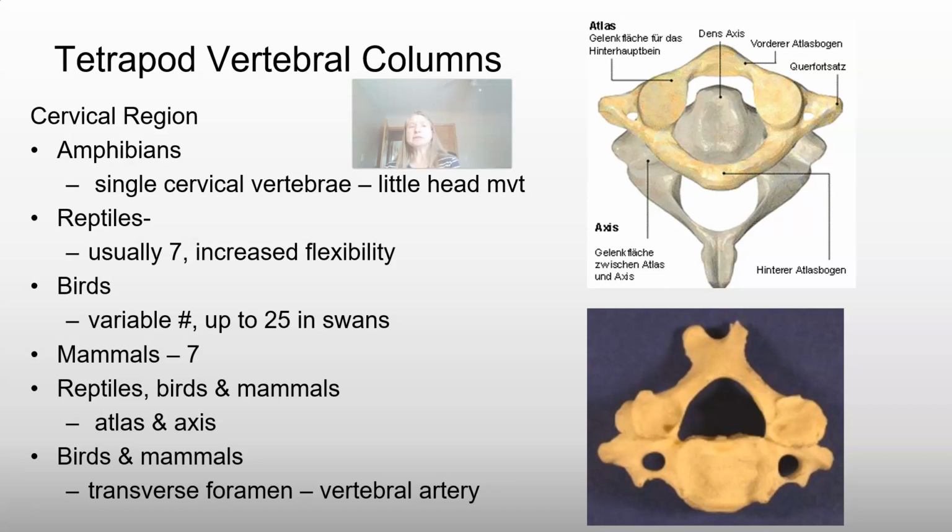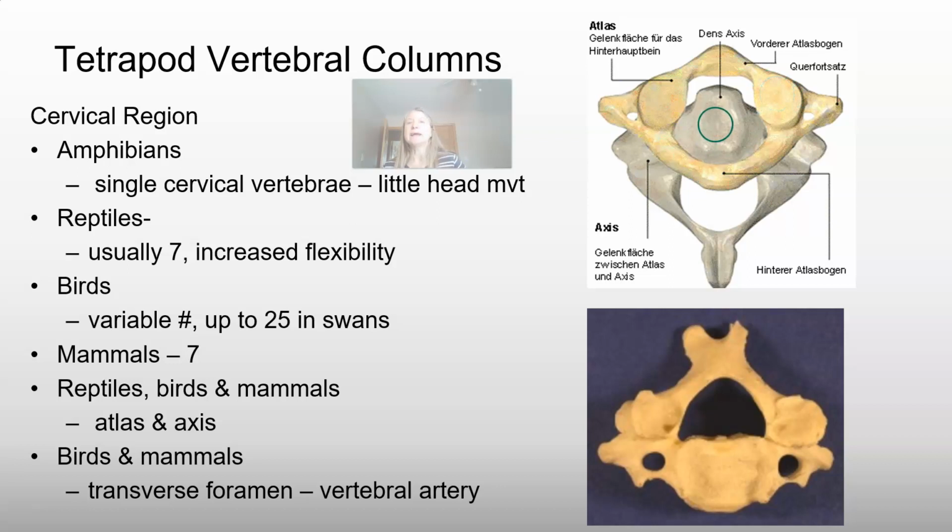In reptiles, birds, and mammals, we see the first 2 cervical vertebrae are an atlas and axis. So here I have a human atlas, that's cervical vertebra 1. The atlas is going to articulate with the condyles of the skull. So remember we talked about the occipital condyles. In mammals, we have 2 occipital condyles. So the atlas has these 2 articulation points that it's going to articulate with the occipital condyles of the